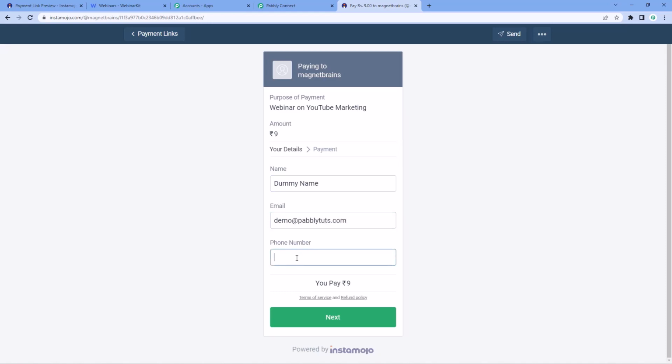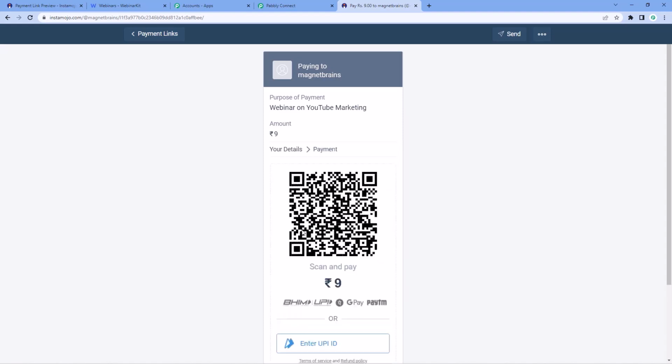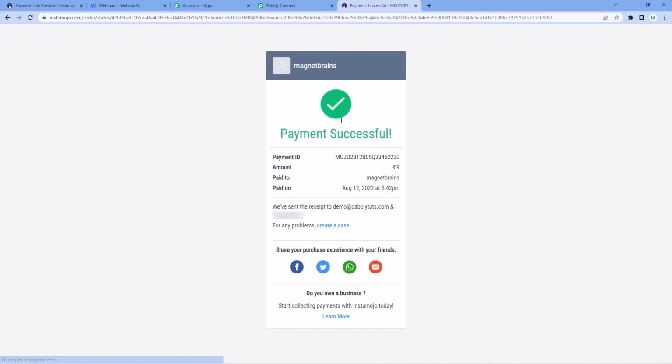And after that, let's enter a dummy mobile number. Click on next. After doing this, let me make a payment over here. And the payment is done. We can see that we have successfully received a new payment on our Instamojo payment link, which we have created